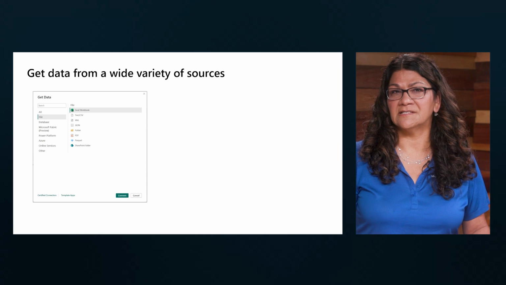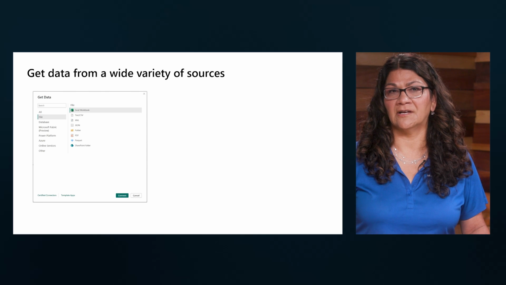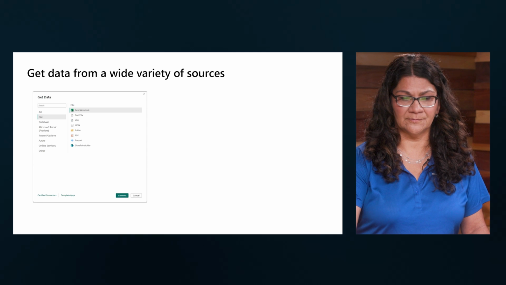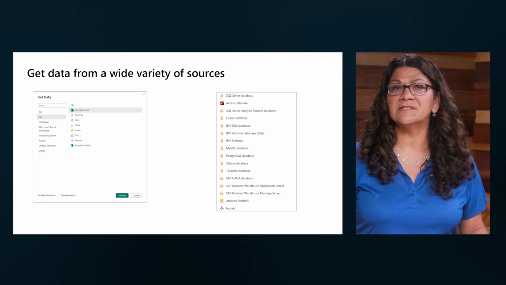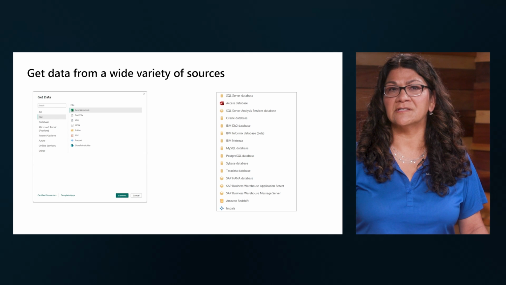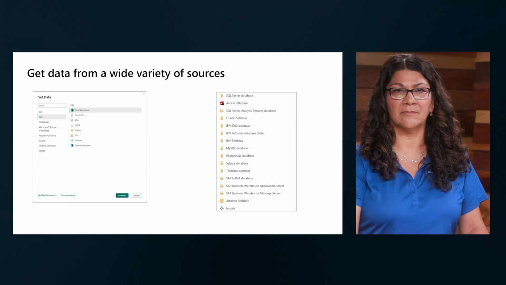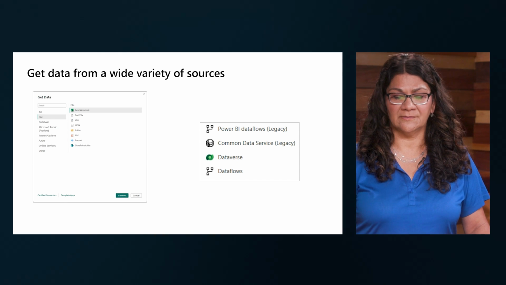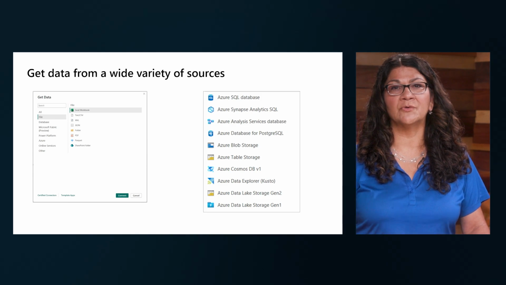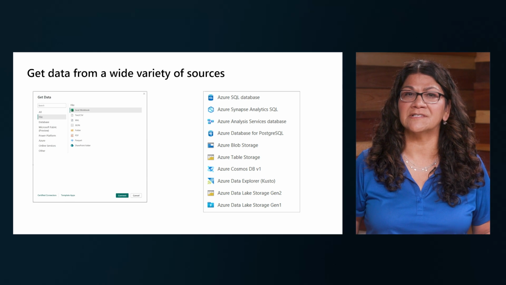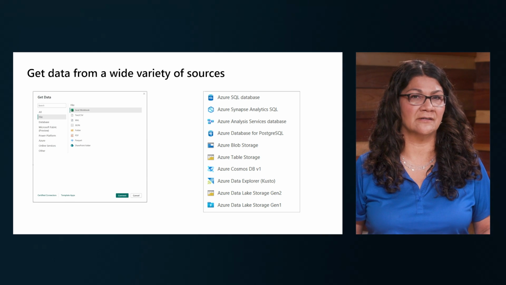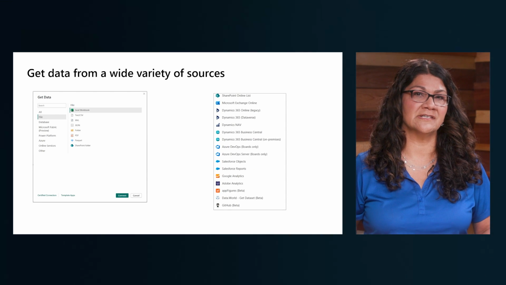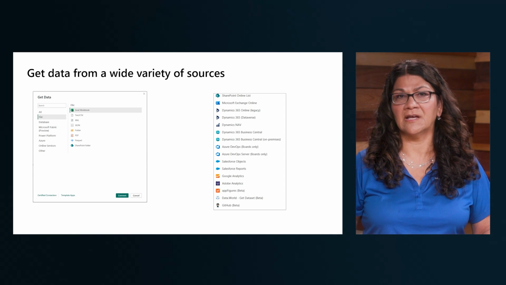Notice the .csv and Excel files listed here, as well as a folder and more options to choose from. Here is the list of some of the database connectors available too. And here is a list of our Power Platform connectors. And of course, we have connectors to Azure's common services listed here. Lastly, let's see the online services and some of the top connectors that we can connect to.